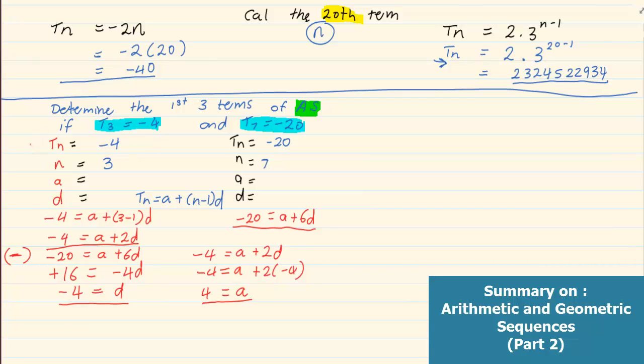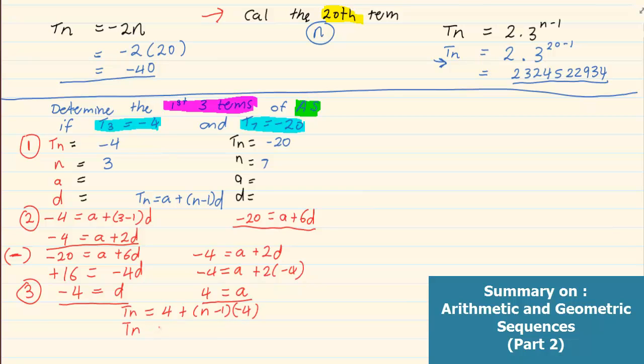So you have to first substitute. Number 2, you use your formula, and number 3, you're using simultaneous equations to solve. Once you've done that, make sure you answer the question. They want the first 3 terms. So once we have A and D, if you look on the top, when they say calculate the 20th term, once you have the formula, all you have to do is substitute N into the formula. Now we do have our formula. We have it as Tn is equal to, we have our A, which is 4, plus (N minus 1), our D is minus 4,